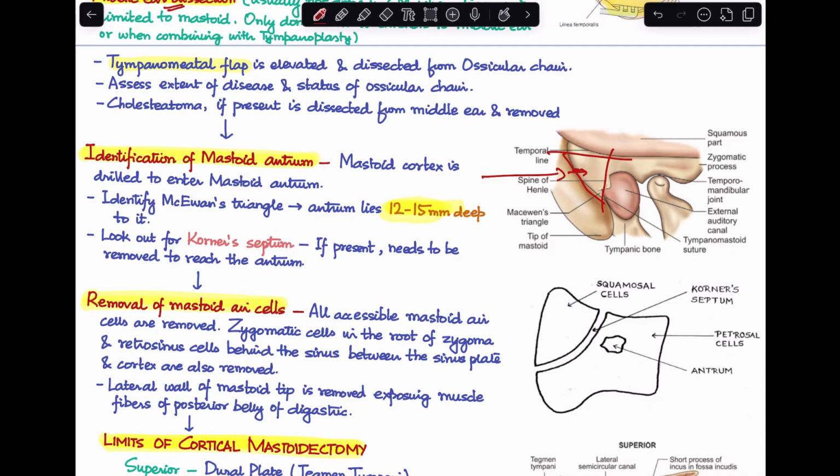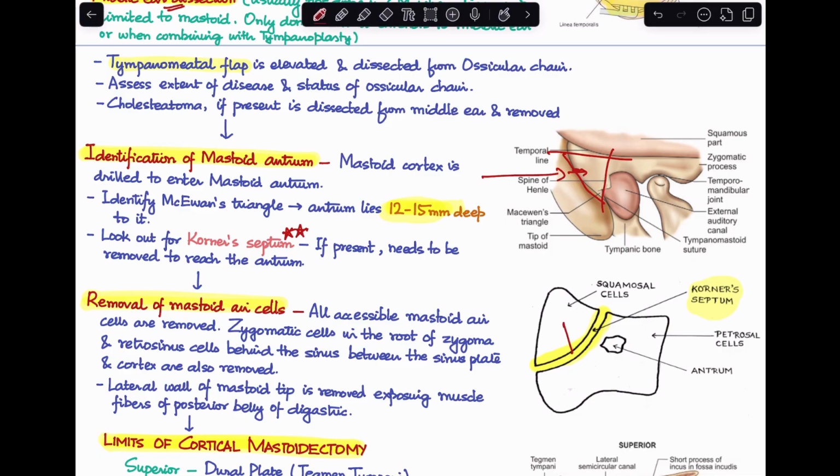A very important thing to remember here is something called the Koerner's septum. So sometimes we may come across this Koerner's septum. What is Koerner's septum? Once you reach it, it may seem like you have reached the antrum, but if Koerner's septum is present, that means you have still not reached the antrum. Koerner's septum is the septum between the squamosal and the petrosal part of the temporal bone. So once you remove this septum,